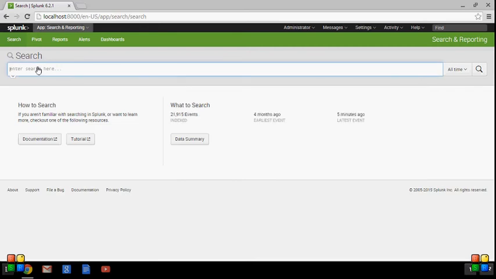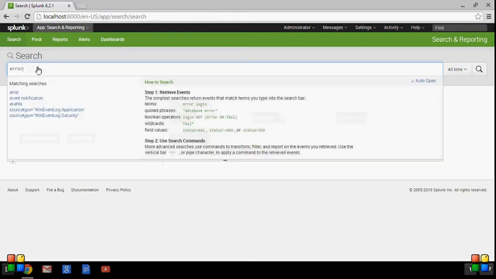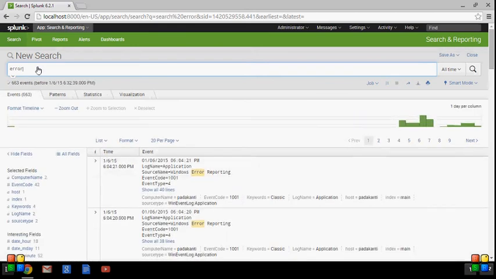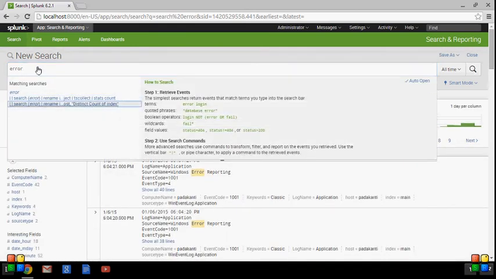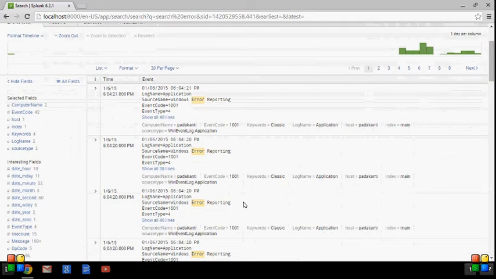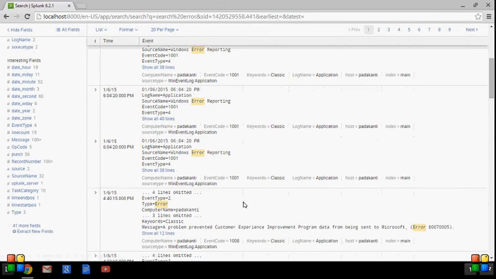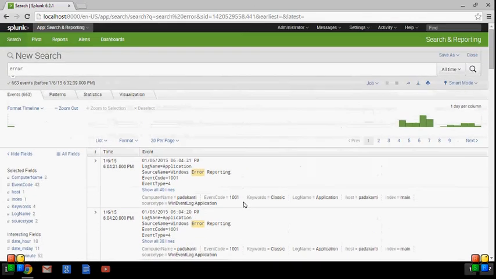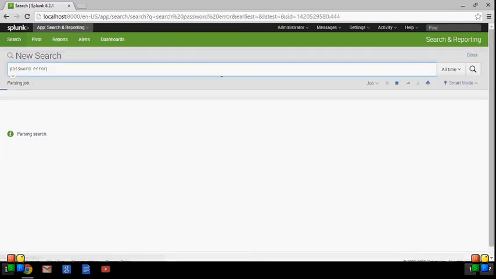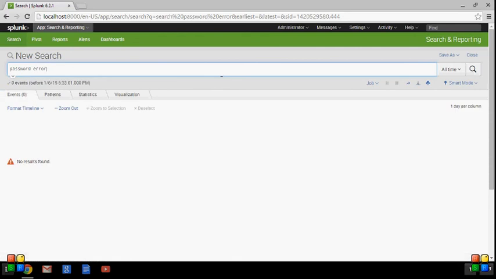Firstly, we have to select the search engine. In the search engine, we have to search for any errors, for example. There are some sorts of errors like Windows error reporting due to some task. This occurs due to some task done by the user, and then later we can search for password errors. So there are no password errors. Then we search for